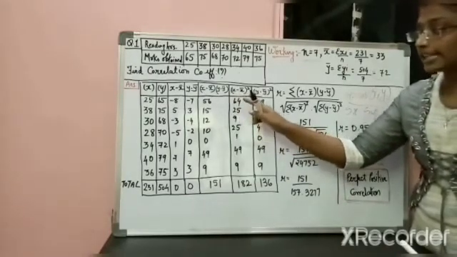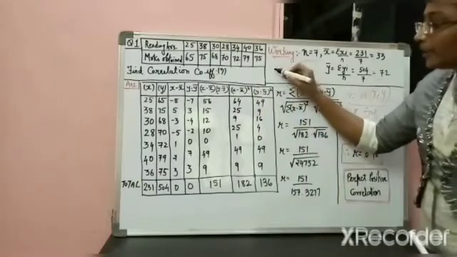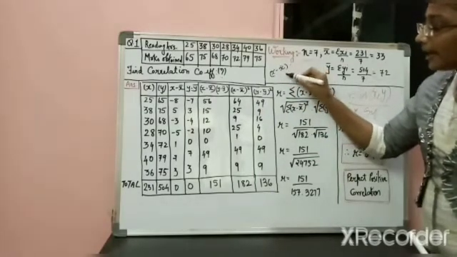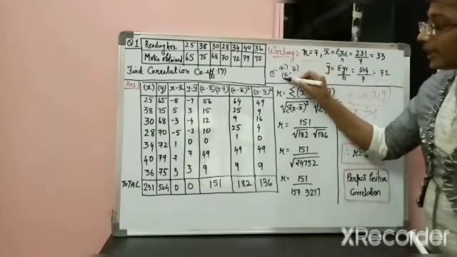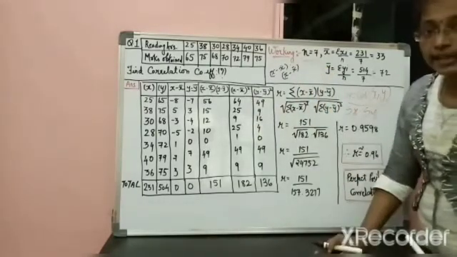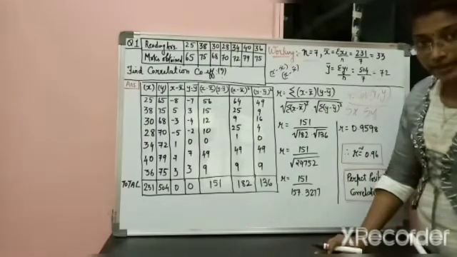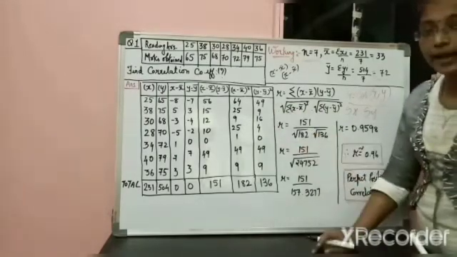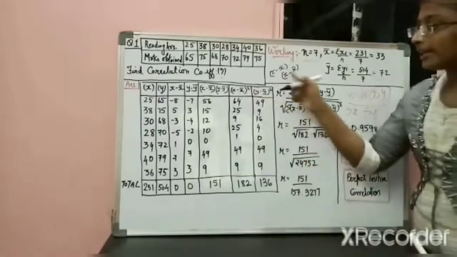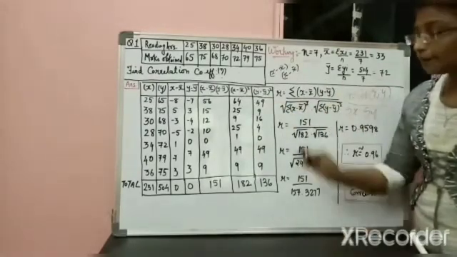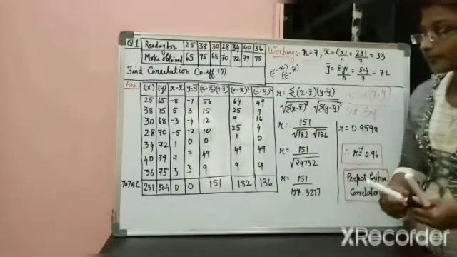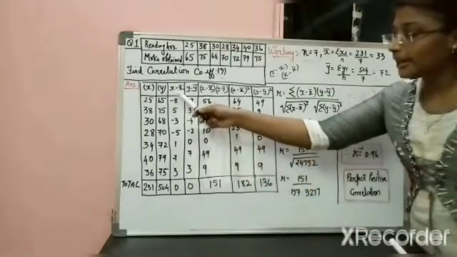My (x minus x bar) the whole square means you are writing over here (x minus x bar) multiplied by (x minus x bar). Then you will get your (x minus x bar) the whole square. Clear with this? Now the second last column, that is y minus y bar. This is the same that I have just showed you for the variable x. Clear with you?